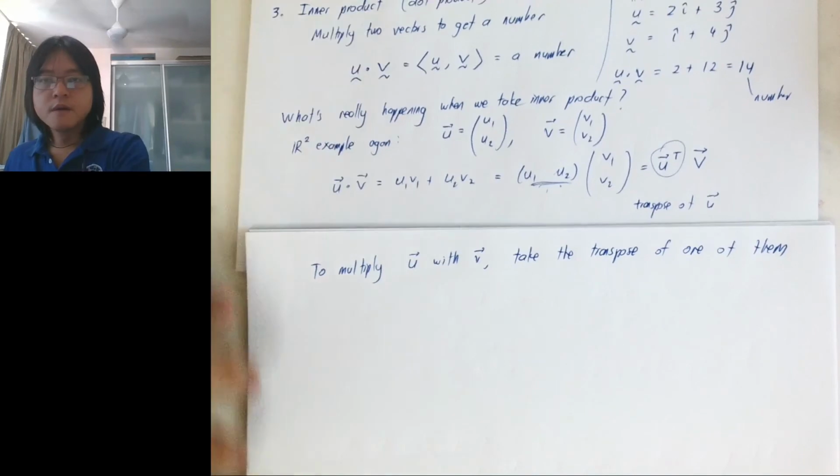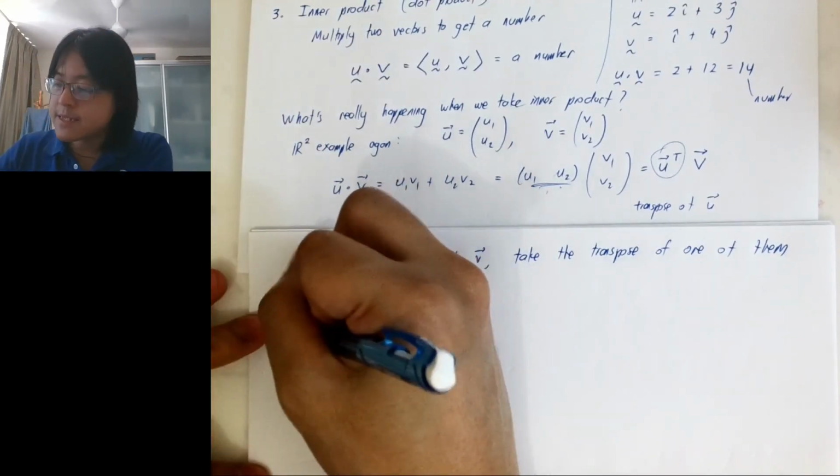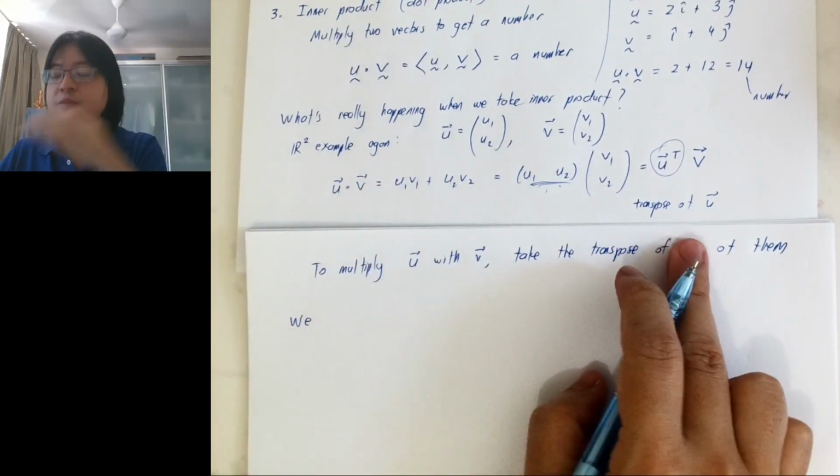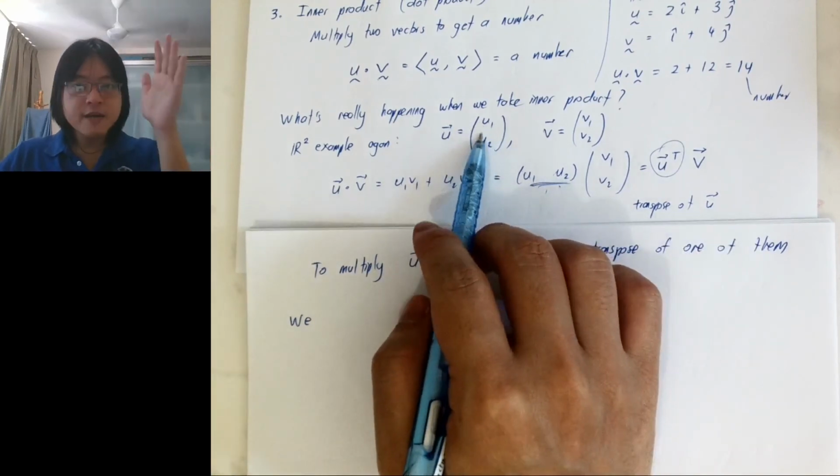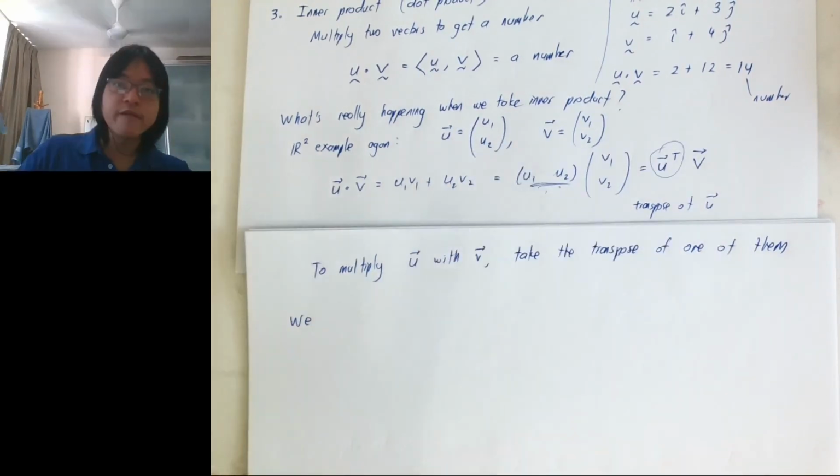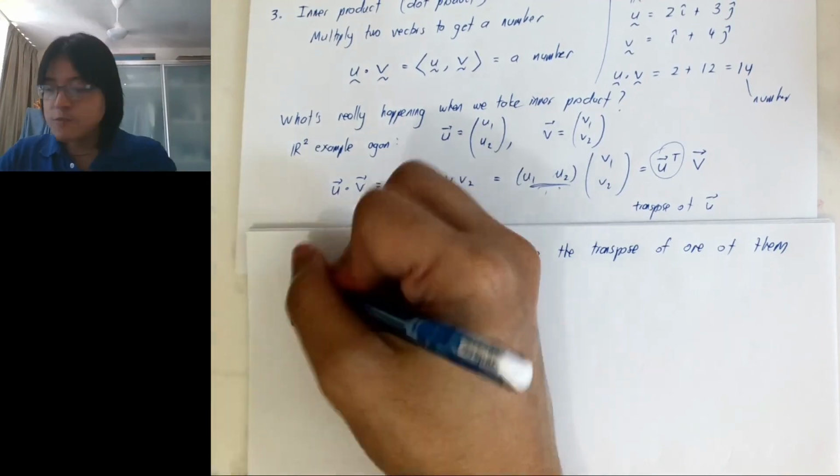We say that because for every vector you can transpose to get a row vector. So in that sense,